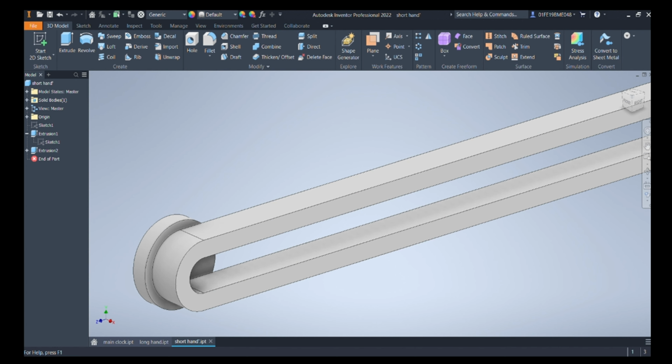Once we are done with it, we'll save the part as short hand, and then we will give it the same gloss black color.